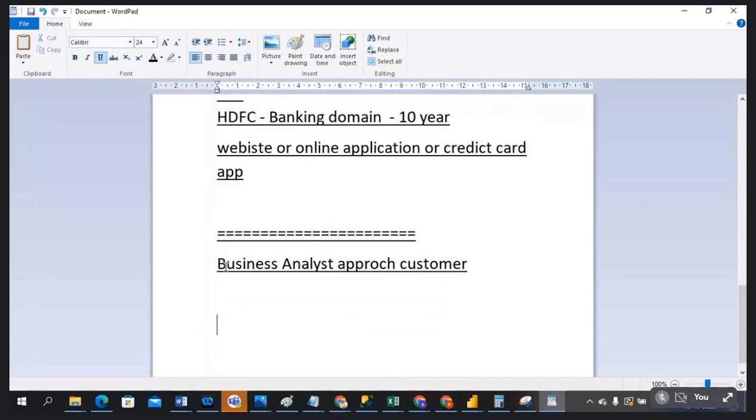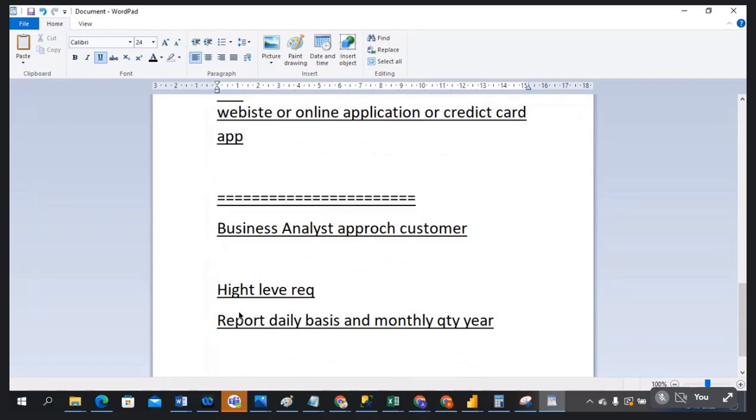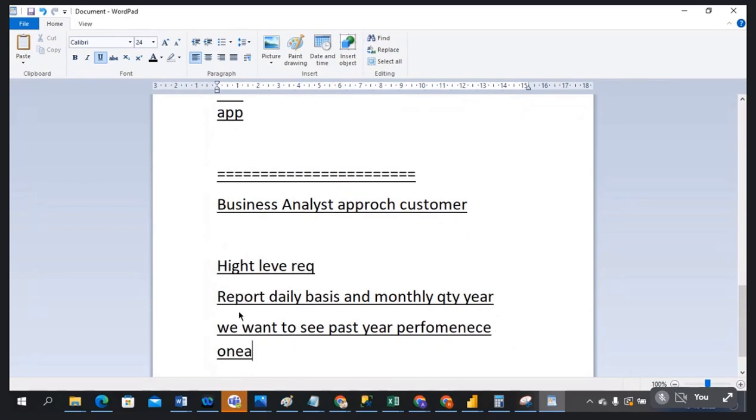Okay, there is a business analyst. The business analyst means he is an analyzer for business. He will approach the bank and understand functional requirement documents from the customer. The customer will give some high level requirement. High level requirement means: I want reports on a daily basis, monthly, quarterly, yearly, and we want to see past year performance on each location and department and